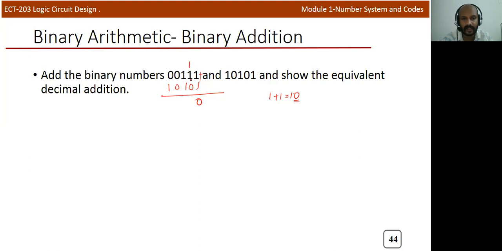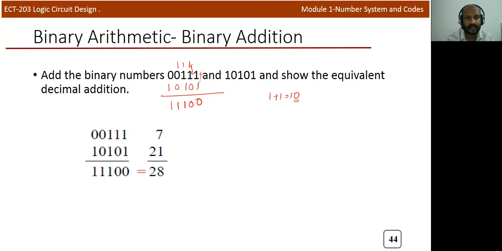So again, you need to add 3 bits at the same time. 1 plus 1, you will get 1 0, again plus 0, so you'll get 1 0 again. So again there will be a carry, and we'll add this carry here. So now it is 1 plus 1, 1 0 plus 1, so it is 1 1 actually. Instead of 1 1, you will put 1, and there is one carry. So 1 plus 0 is 1, again 1 plus 0, so you'll get 1 here, and here 0 plus 1 is 1. So this will be the final answer, and you can verify that.